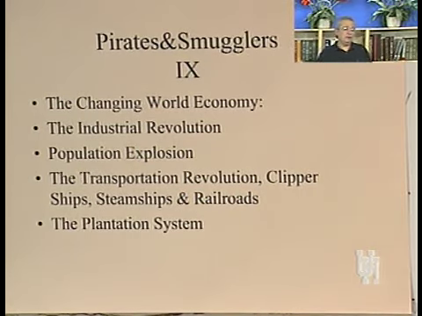Now, part of this is the simple fact that because industry largely develops in the larger urban areas, people move from the rural areas into urban areas seeking jobs in industry. That's where jobs are being created at this time. So part of it is simply population movement from rural areas into cities. But in addition to that, the Industrial Revolution, partly by improving transportation, as we will see, increases populations in general